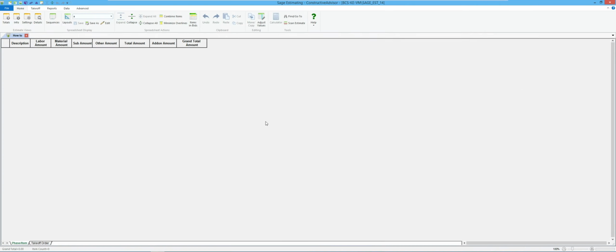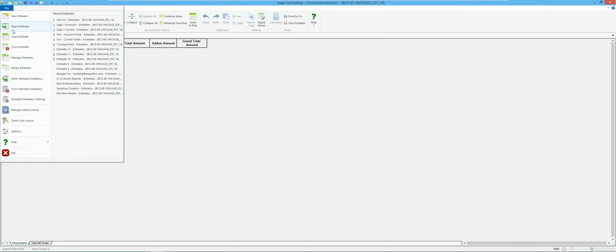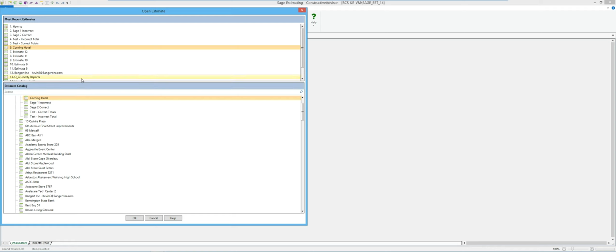In this session, we're going to talk about methods of opening up estimates and easier methods of finding old jobs and navigating through your folders or branches and so forth, trying to find estimates. When I go to File, Open, this seems like the most intuitive and the most common place that clients are going to open up estimates.